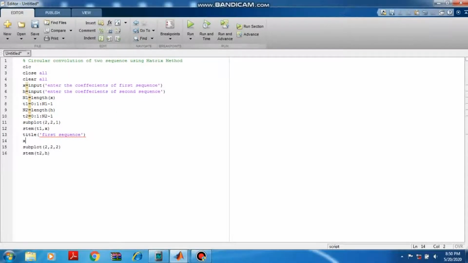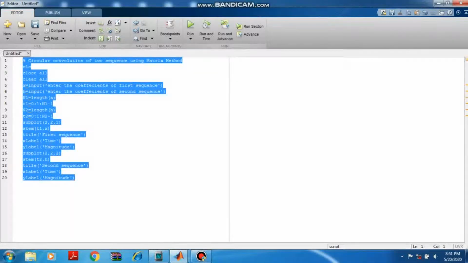Then for the X label, let me say it as time, and for the Y label, let me say it as magnitude. Similarly, I'll take this and label the second sequence also. Now if I evaluate this, what happens?